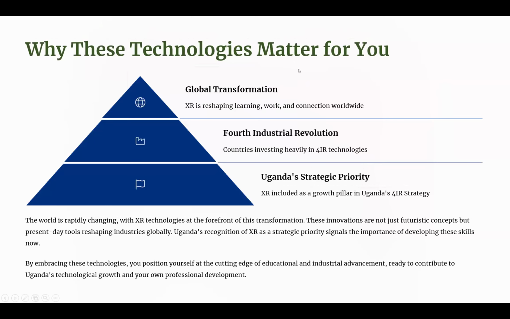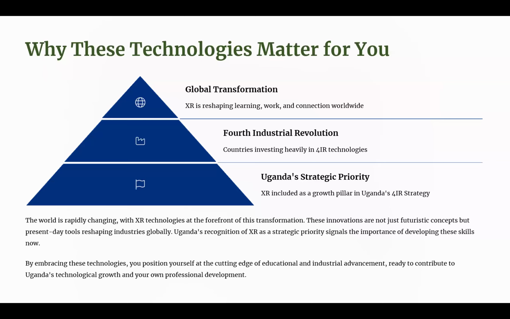So why should these technologies matter to us? Global transformation. Like I've mentioned, XR is reshaping how we are learning, how we are working, and how we are connecting to the world. So we have no excuse to stay behind. Please, let us embrace the technologies and move ahead alongside other industries.